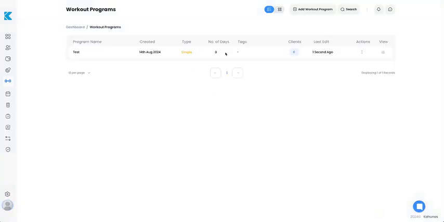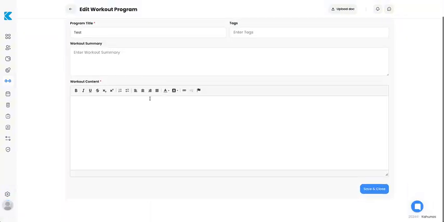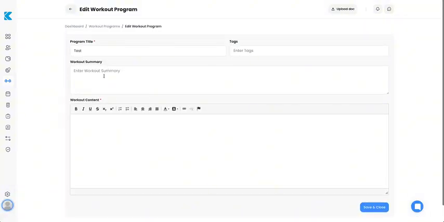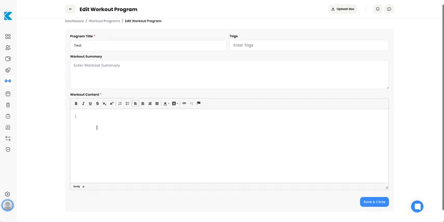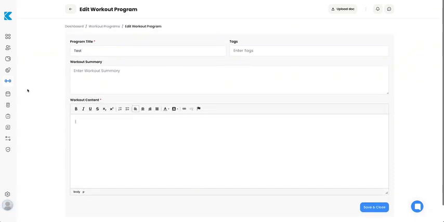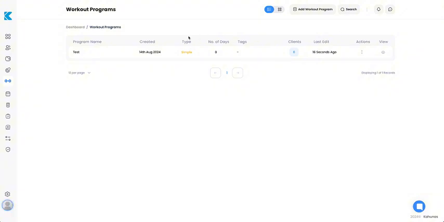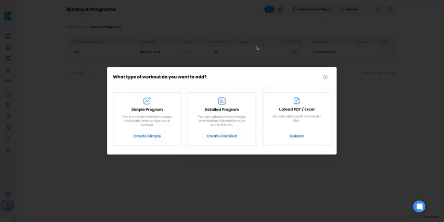And then I assume we can just start editing it. Maybe we do that in here. So we'd add content there. Let's go back to the programs. So maybe it's in more advanced. If we add a workout program,